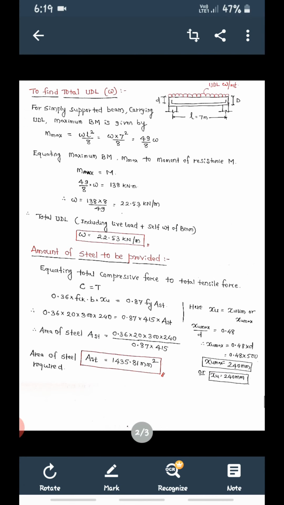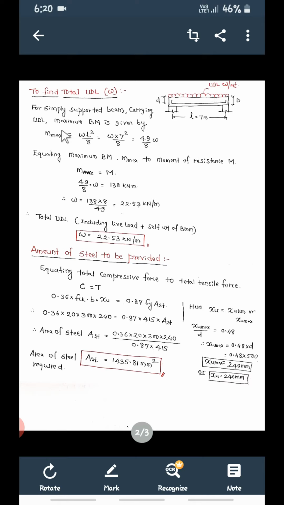total UDL. So how are we going to find out total UDL? UDL will be denoted as small w. Now see, this is a simply supported beam resting on two supports, and the span will be 7 meter, and it is subjected to UDL. So this UDL includes what? This is a total UDL which will include the self weight of this beam plus live load. Live load plus self weight of the beam will be acting in the form of UDL, that is small